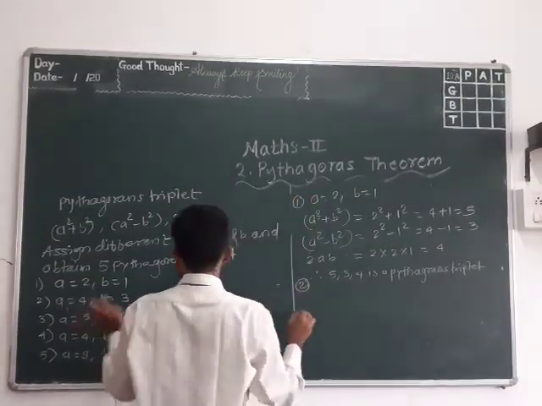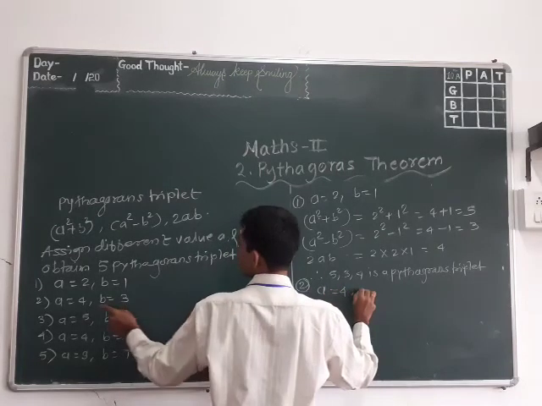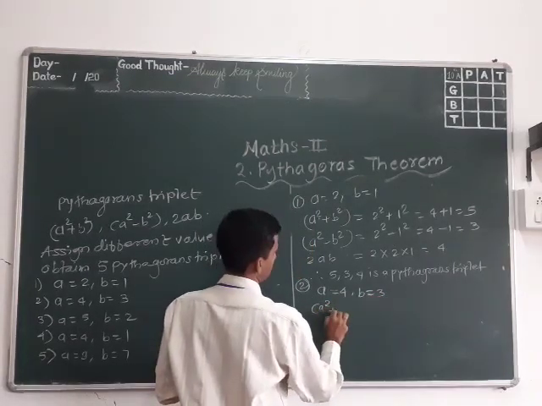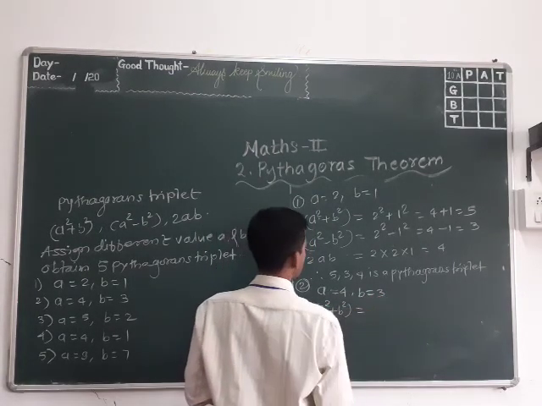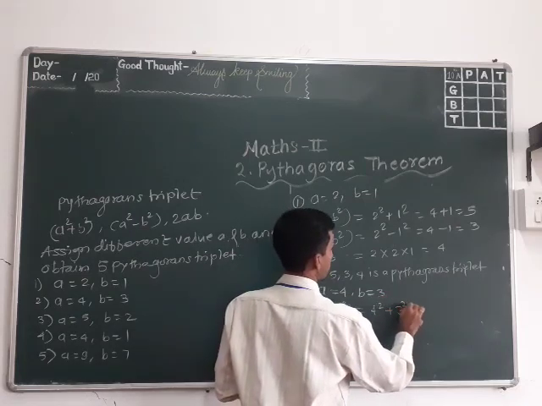Second one: a is equal to 4, b is equal to 3. a square plus b square is equal to 4 square plus 3 square is equal to